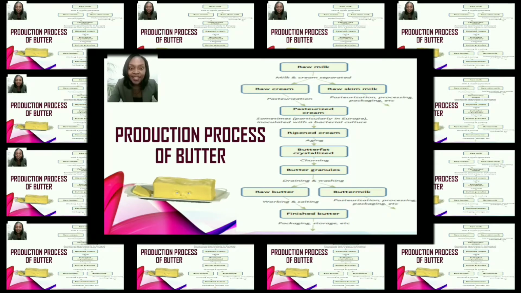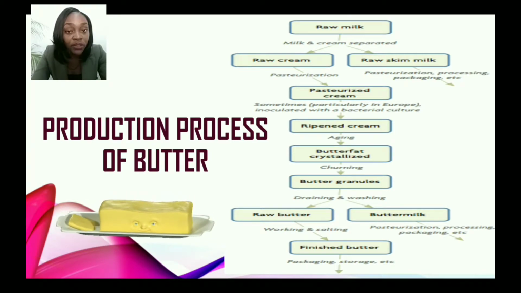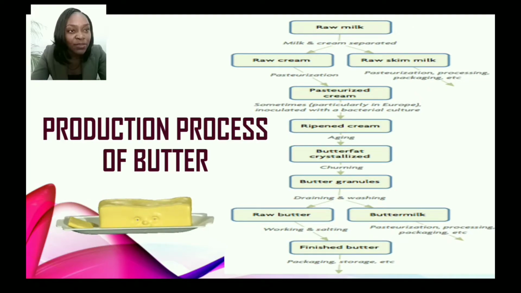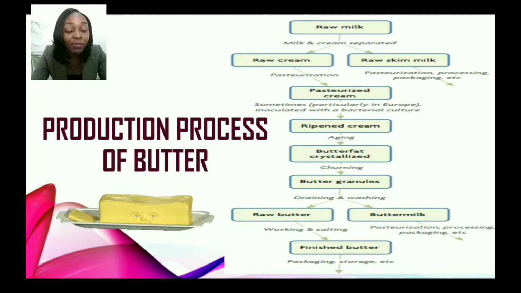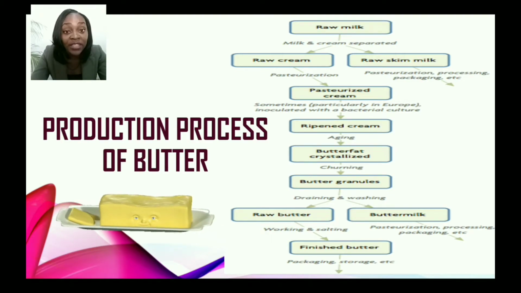Good. Now guys, let us zoom in on the production process of butter. Now, based on this flow chart that is displayed on your right, you can see that the first stage is what? Raw milk. So after the milk has been brought in, fresh milk from the dairy is raw milk, right? And raw milk refers to milk that hasn't been processed, so it hasn't been pasteurized or homogenized. So raw milk straight from the cow. And then the next step, we have raw cream versus raw skimmed milk, right? So the milk and cream are separated, so it is allowed to stand, and then the cream, which has the higher fat content, is separated from the raw skimmed milk, meaning that the remainder is known as skimmed milk, and there is no fat found in that component,